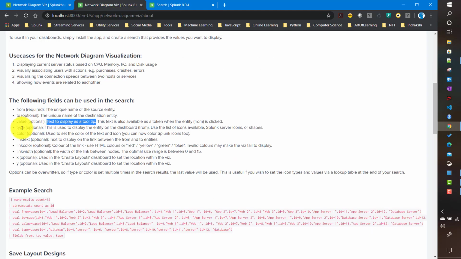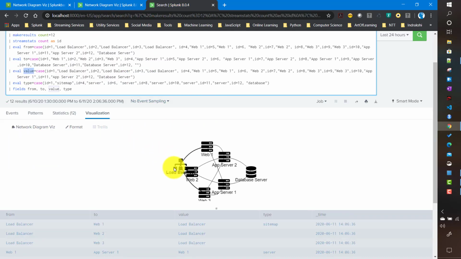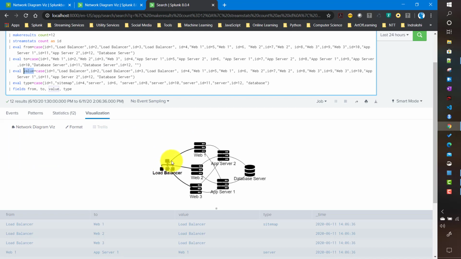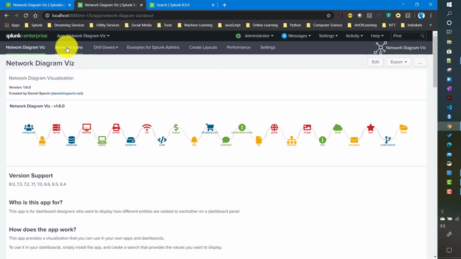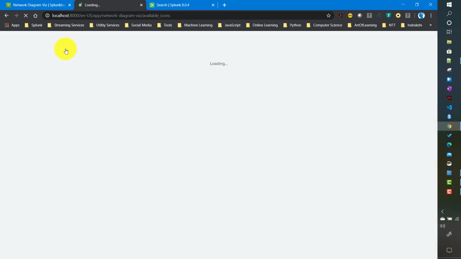Now you can also set the type of that particular entity. This field is used to display the entity in the dashboard. Currently for the load balancer, they are using this sitemap kind of icon, but you can use the icon you want. Those icons are available from here, so if I go to available icons over here,